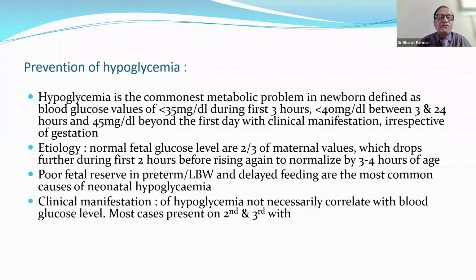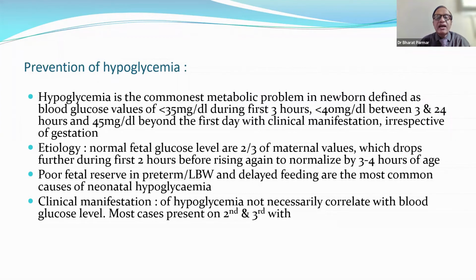Etiology: normal fetal glucose levels are 2/3 of the maternal value, which drop further during the first 2 hours before rising again to normalize by 3 to 4 hours of age. Poor fetal reserve in preterm and low birth weight babies and delayed feeding are the most common causes of neonatal hypoglycemia. Clinical manifestations of hypoglycemia do not necessarily correlate with the blood glucose level,